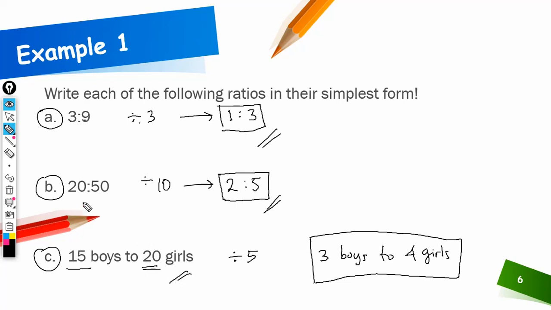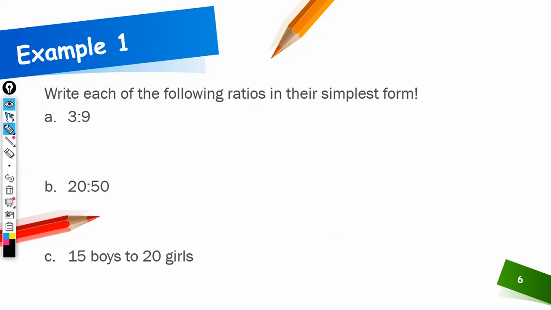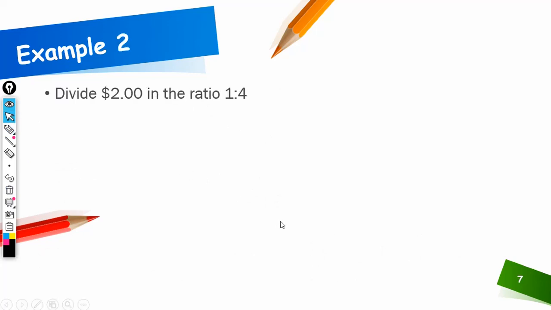Okay, this is clear, yeah? Now let's see another example. Example number 2. Now divide $2, so this is $2, not $200, yeah, so this is $2 in the ratio 1 to 4. Okay, 1 to 4. In the first example, I gave you an example of the ratio of boys to girls,